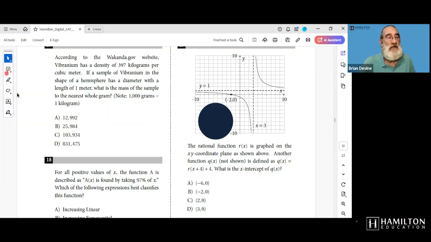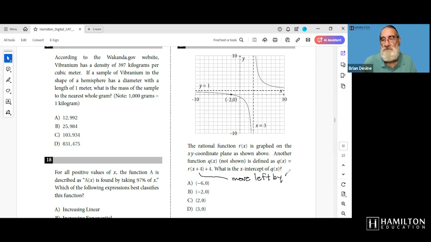Question 19. In question 19, the rational function r of x is graphed on the xy coordinate plane as shown above. And there's some other function q of x, which is defined as some sort of transformation of r of x. In fact, what they said here was move r of x left by 4 and up by 4. So we're going to move r of x